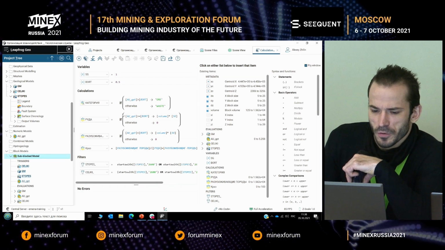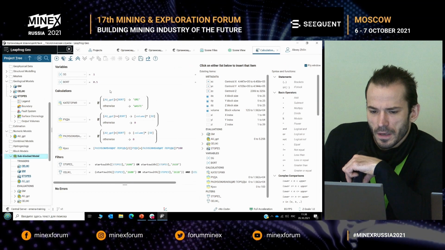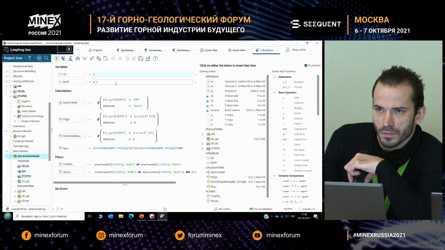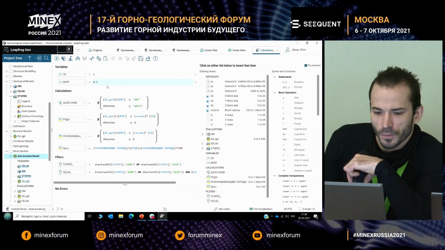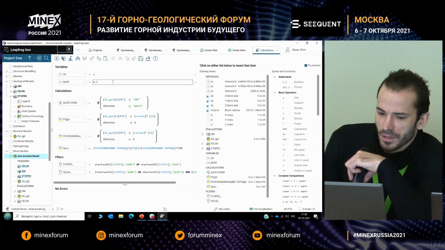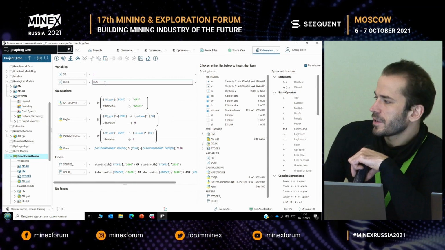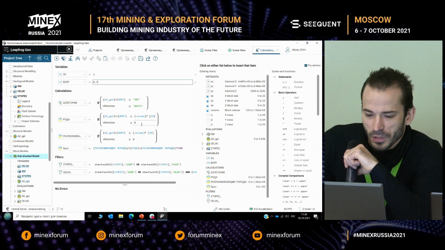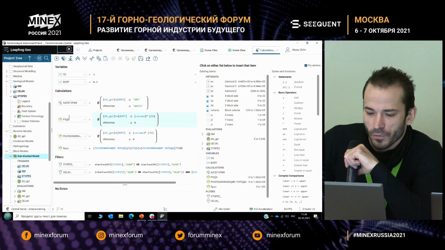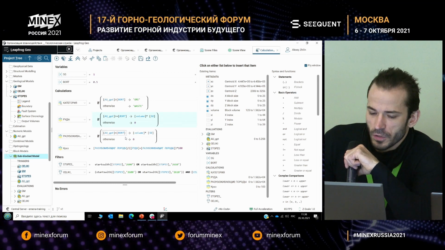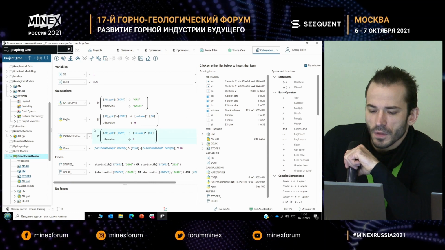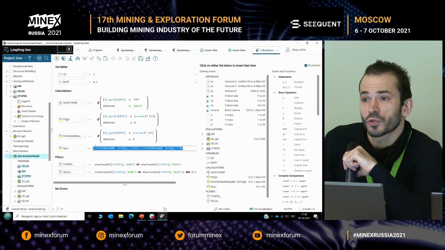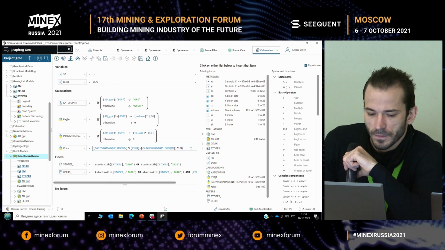I'm not going to waste your time on how we made this model in our software. Just to simplify, we have introduced the variable on weight, and the cutoff content was taken as defined by ore. This is the cutoff content. We consider ore everything that has higher content, higher grade. Everything which is lower is not ore. So we have these parameters.